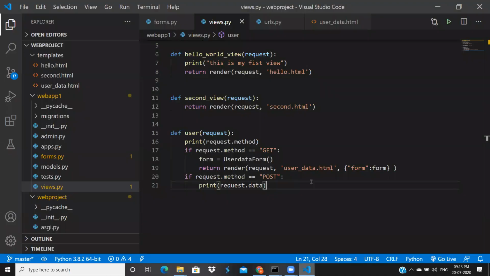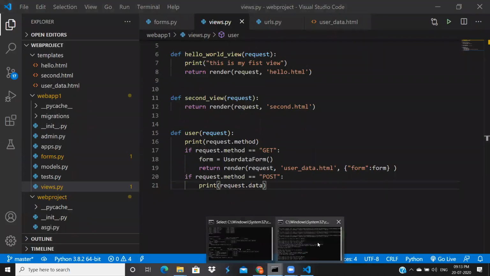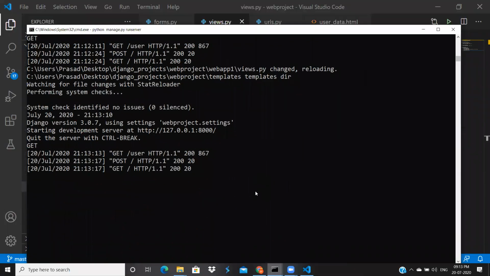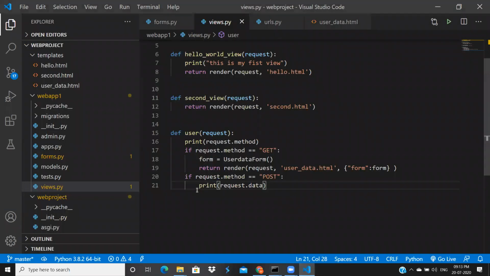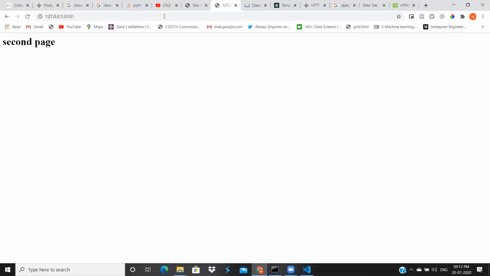Why is it redirecting to this page? One minute. We missed something here.